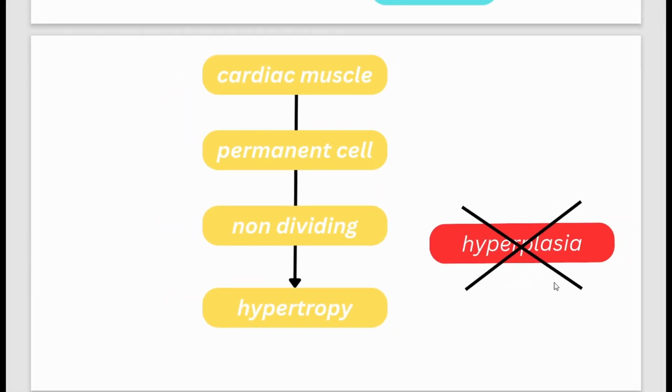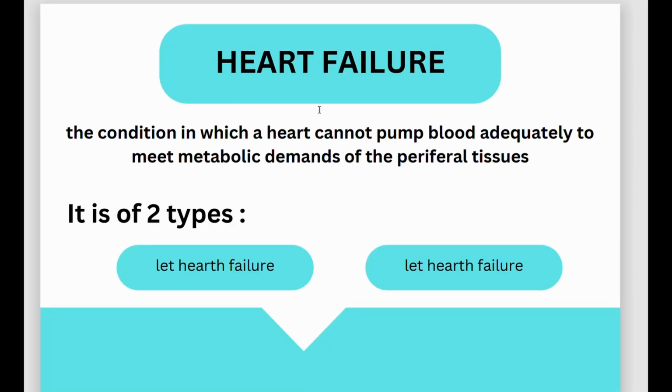So now let's learn about heart failure. Heart failure is nothing but, for example, let's take a student who has failed the exam. It doesn't mean the student is getting 0 marks. It means the student is not able to get the marks which are needed to pass the exam. For example, if the pass mark is 35, the student may get 34 or 33 marks. It means that the heart is not able to pump sufficient blood that is needed for all the organs of our body. It doesn't mean that the heart is not working, or that the heart is not pushing any kind of blood. It means that the heart is pumping a lesser amount of oxygenated blood to the peripheral tissue. So that's the definition that you should know about heart failure.